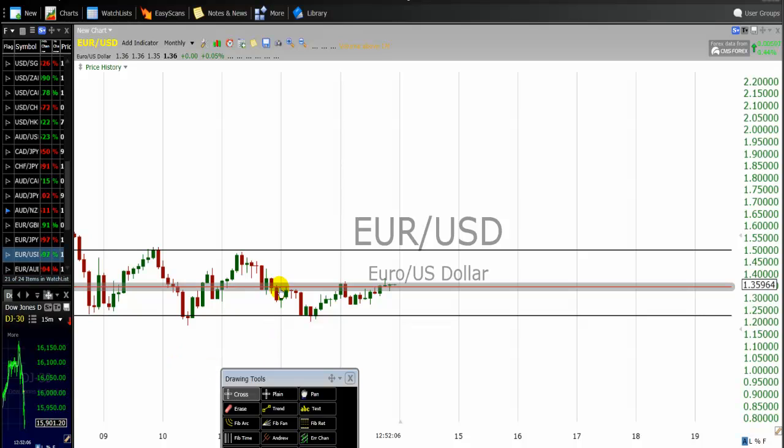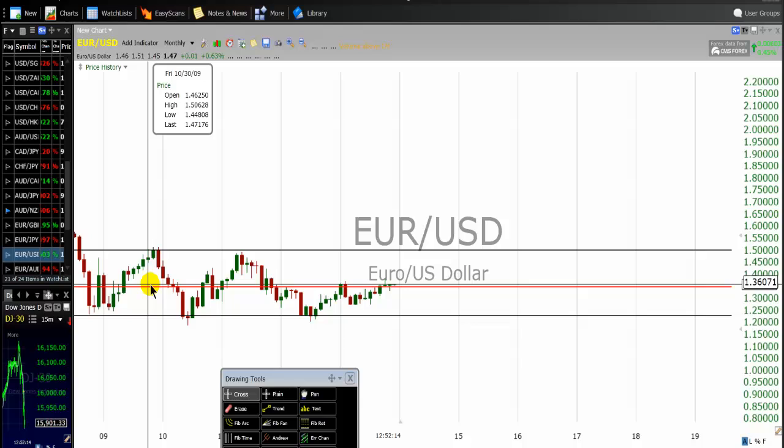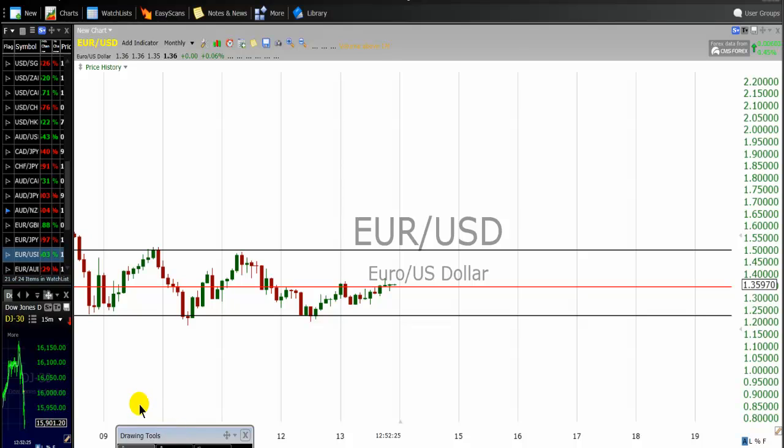But the red line is not exactly the median line of the channel, but we can say roughly it's in a zone of the median line of that channel. All right, so the red line is almost equal to the median line of this black horizontal channel, not exactly. All right, so also I know if you go to the yearly chart, the red horizontal line